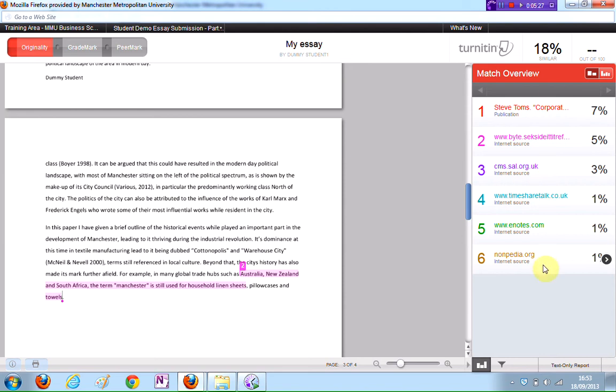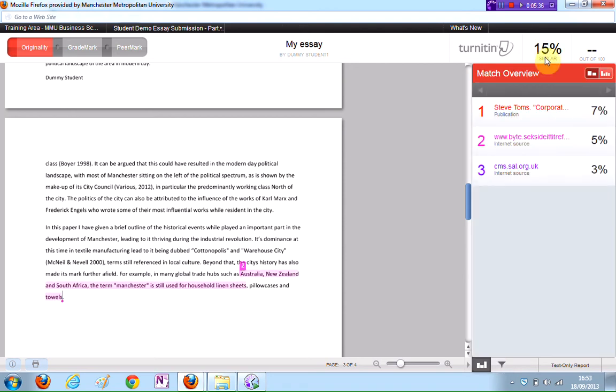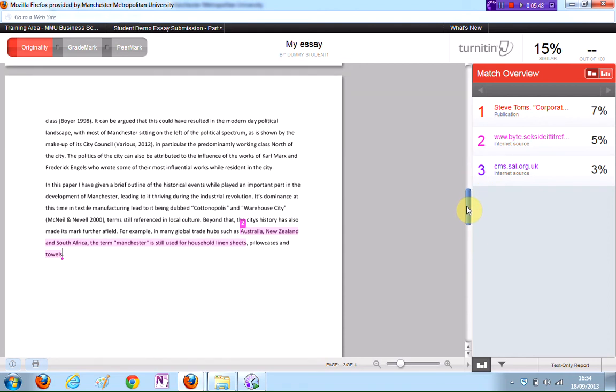or it hasn't dropped it properly there. In fact, I would need to set it to 2 to get rid of them. If I set that here, apply changes, and there it drops it because it's got rid of those 3 that were 1%. So now I can see that there are some reasonably large bits of this paper, 3%, 5% and 7%, which perhaps I want to go back and have a look at and make sure that I've referenced